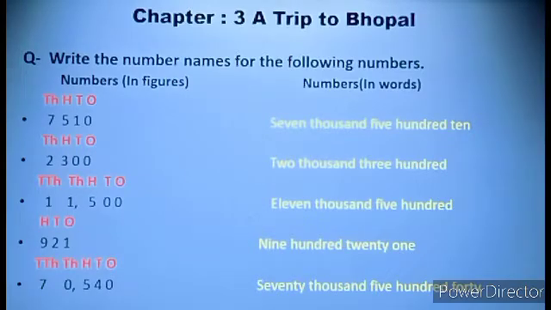Now our next example is 2300. If you don't know how to read it, you write the places on it and then you can read. So 2 is on the 1000 place, so we read 2000. 3 is on the 100 place, so we read 300. There is no number on ones and tens, so the answer is 2300. We can read like this.